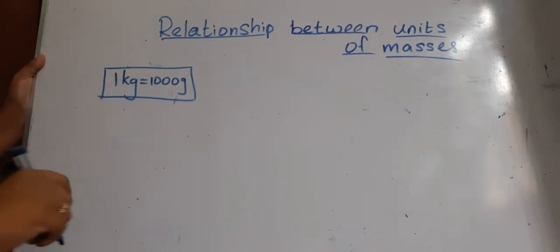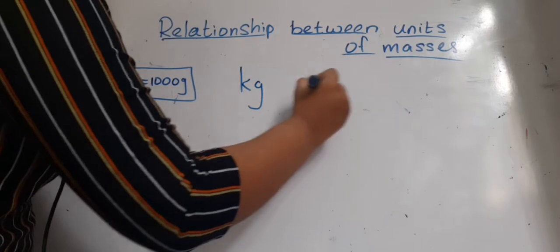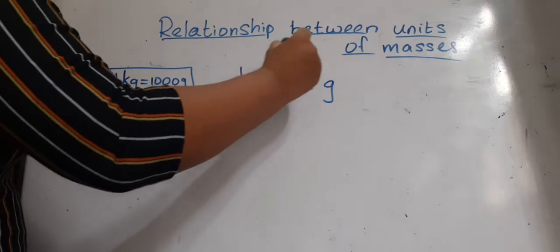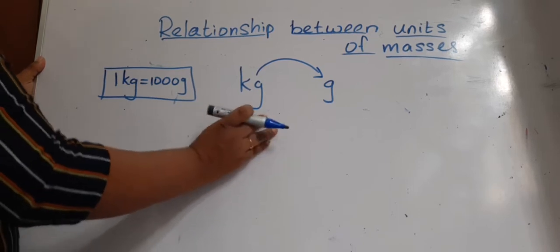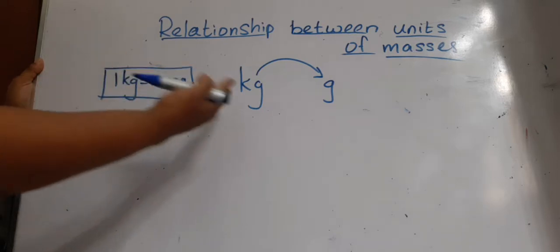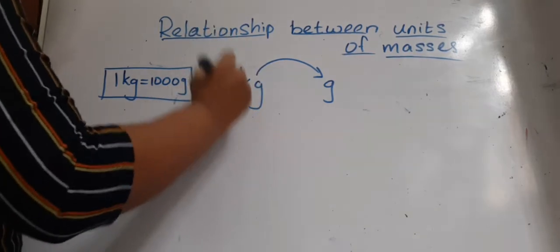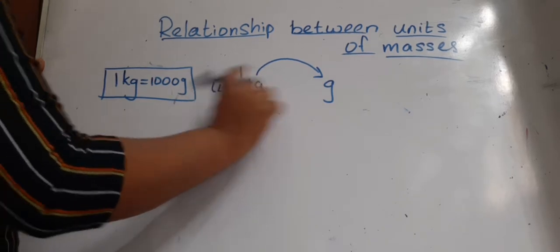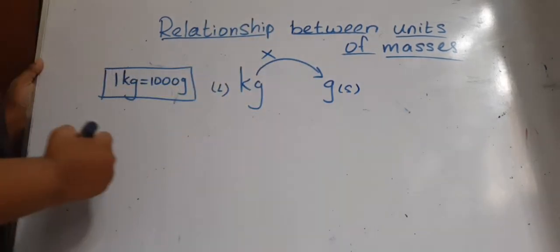Now let's think of converting a unit from kilograms to grams. I'm going to give you an easy method. Think of moving from a larger measuring unit. This is the larger one, the kilogram. We use it to measure people's weight, bigger boxes. So kilogram is the larger measuring unit, and gram is the smaller measuring unit. Whatever the unit is, when you are converting from a larger to a smaller unit, you will always have to multiply by the relationship.